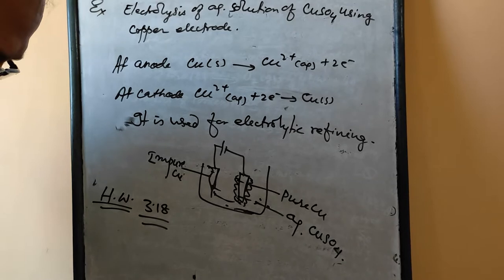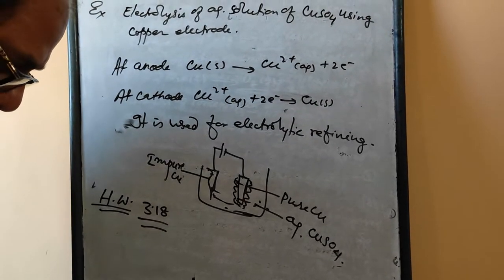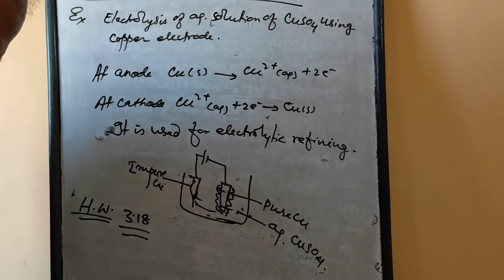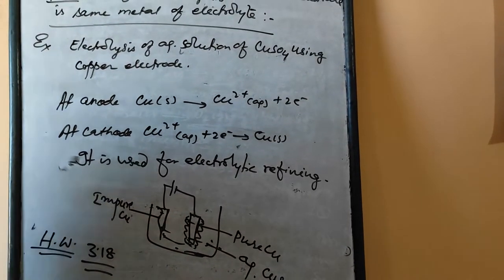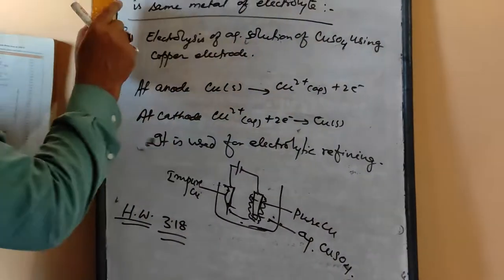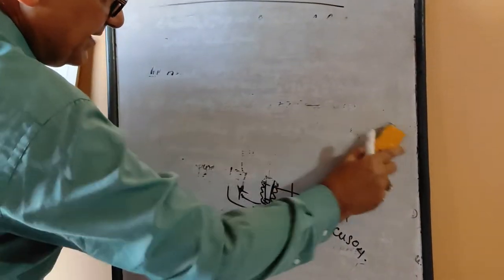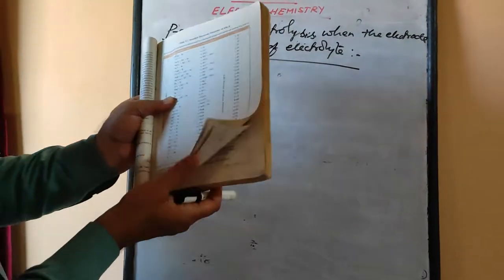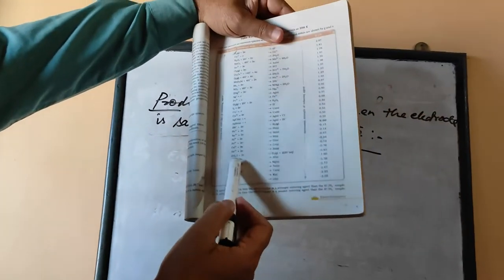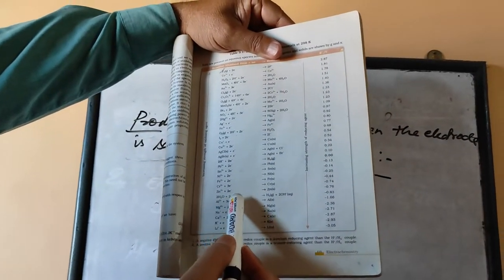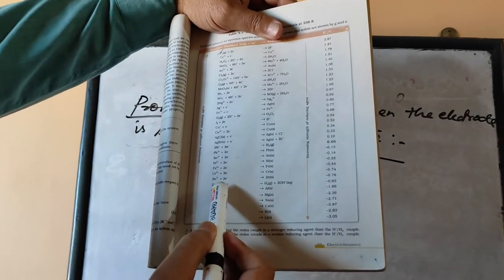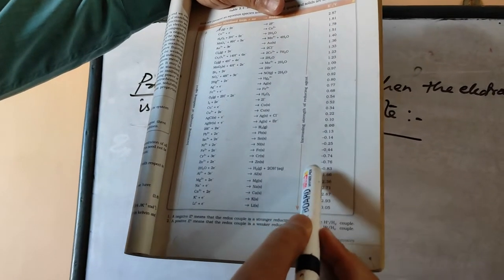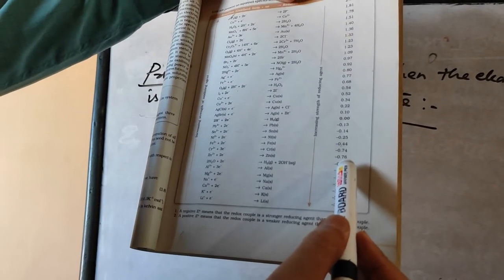In one line, the answer is, if you see the electrochemical series, now please focus here. I am giving some tips. In the electrochemical series, the reduction potential of water, 2H2O + 2e- gives H2 gas + 2OH-, is -0.83 volt.